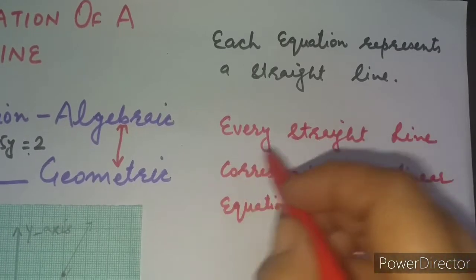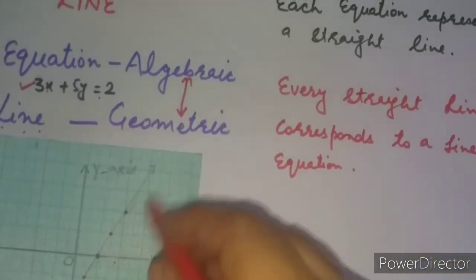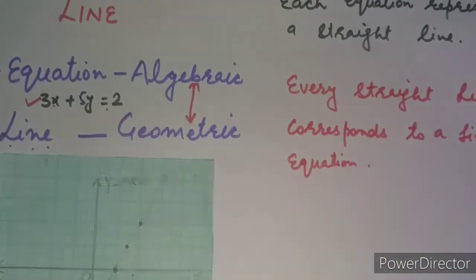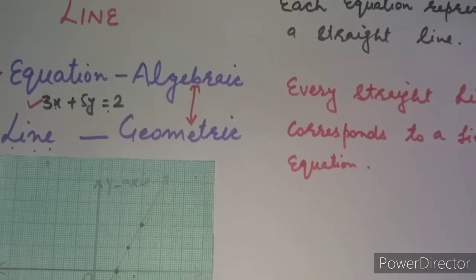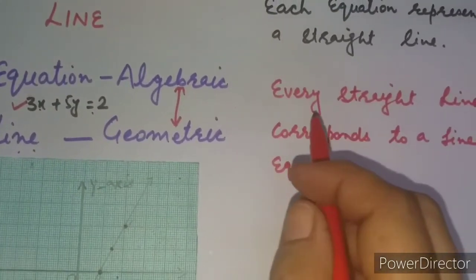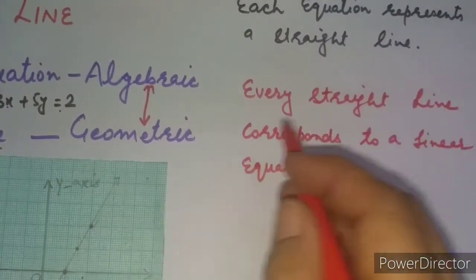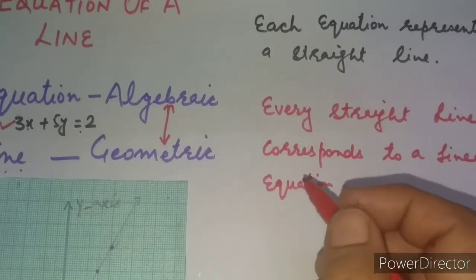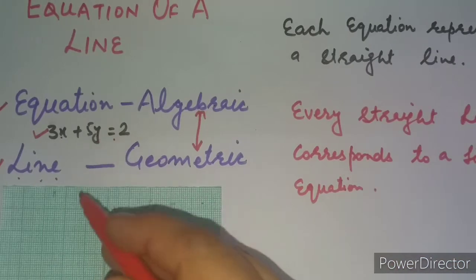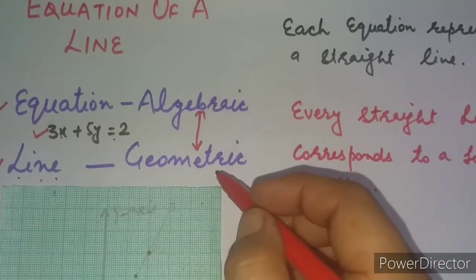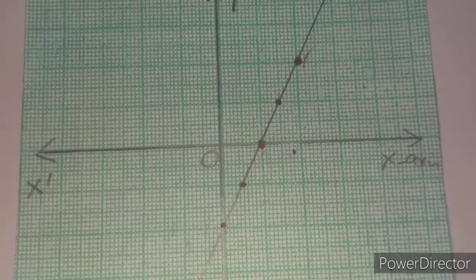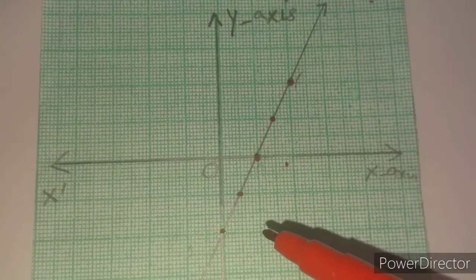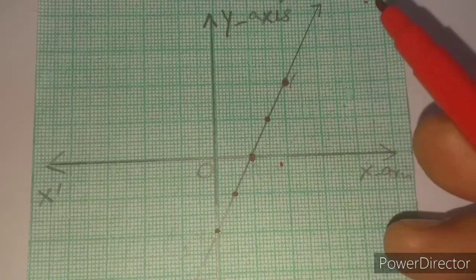Then second thing is, suppose a line is given, right? Then from that line we can form a linear equation. You also have seen this. So for every straight line, every straight line corresponds to a linear equation. This is the so beautiful chemistry between the equation and line, the two different forms of mathematics, right? So let us see this again. I have drawn this line because this was corresponding to a linear equation. From that equation I have drawn this line.